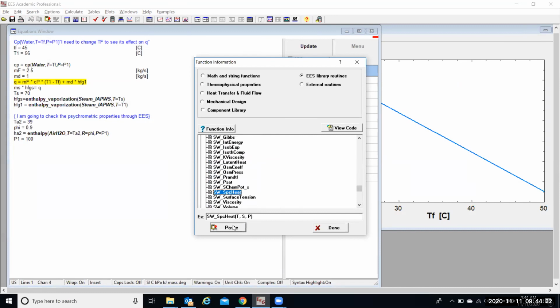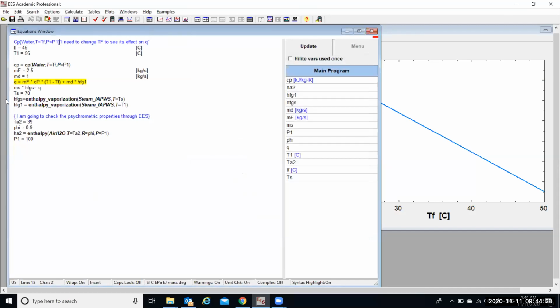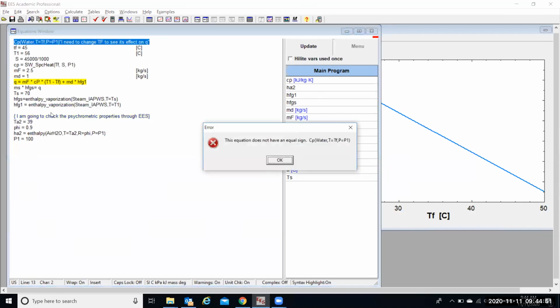So I'm going to take this value and paste it here. But I have to put here that the pressure is P1, the temperature is TF, and the salinity, which is written here, if it's 45,000, I should divide it by 1,000 because it's given as gram per liter or per kilogram. When I run it,